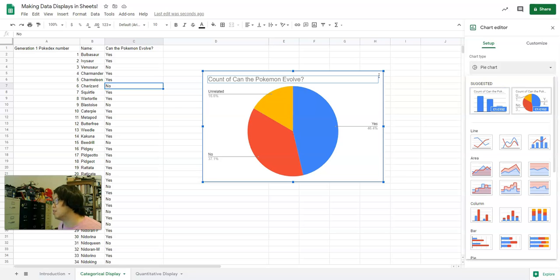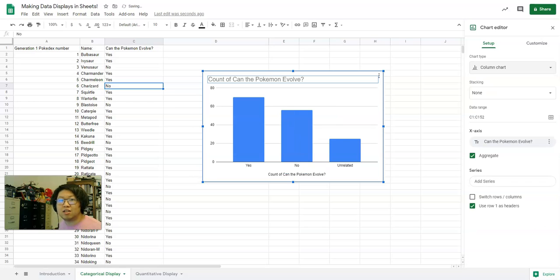And they do it automatically, so there shouldn't be any need for manual math here. All right. Let's go back to the column chart for a sec. So let's say I want to make this column bar chart. Remember, you do need two, so eventually you might have to make a second one with the pie chart anyway, especially if you're talking categorical. But for now, I need to figure out